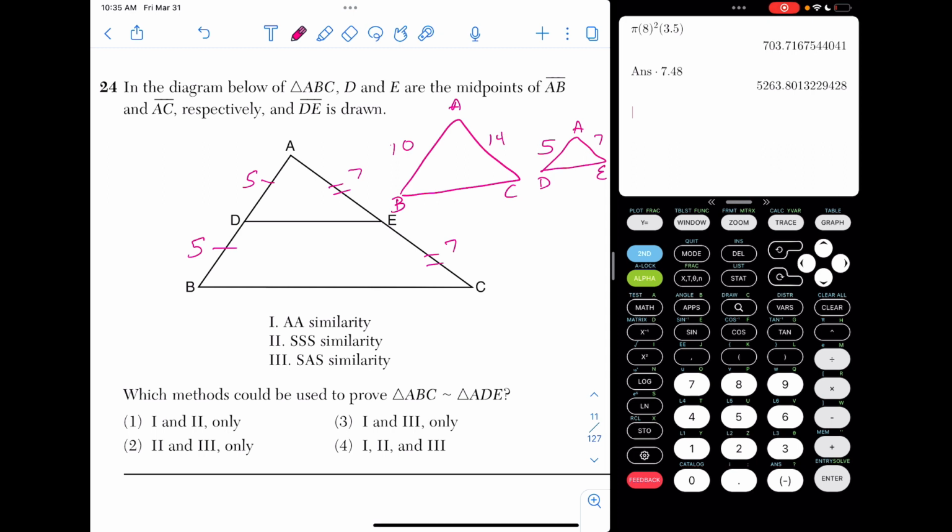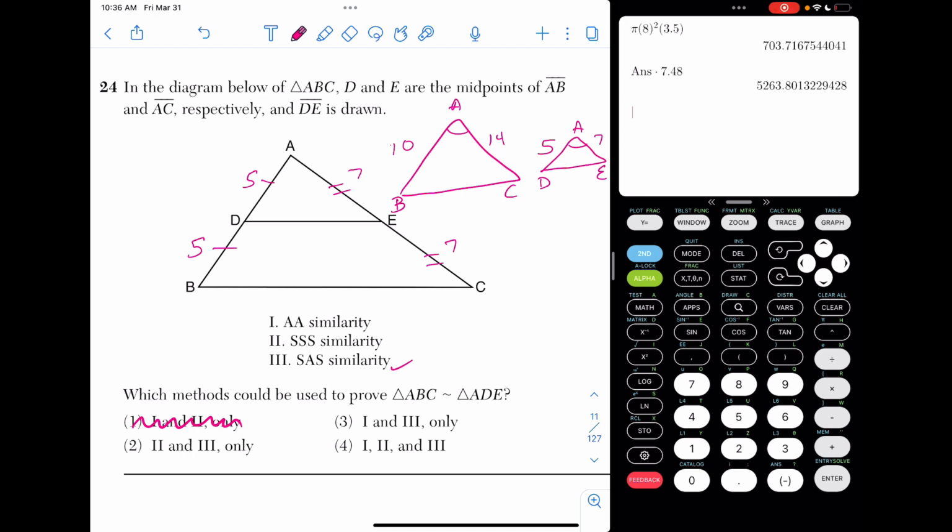You should now be able to see that the sides are, in fact, proportional to one another. 10 to 5 is a 2-to-1 ratio. 14 to 7 is a 2-to-1 ratio. Okay. I also see here that they both share angle A. So definitely right off the bat, I know that side angle side is going to work here. So side angle side in similar triangles doesn't mean the sides are congruent, but it means they're proportional to one another, which is definitely true. So I know choice 3 is good. That means choice 1 we're definitely going to eliminate here. Okay. All right, based on that,